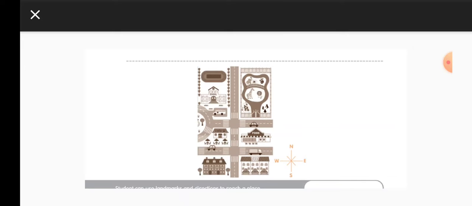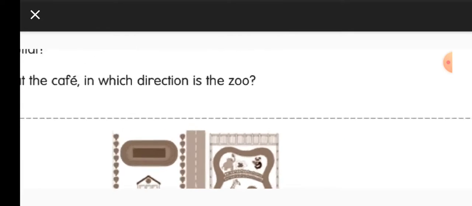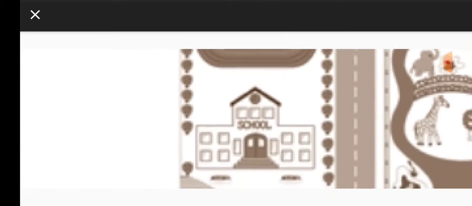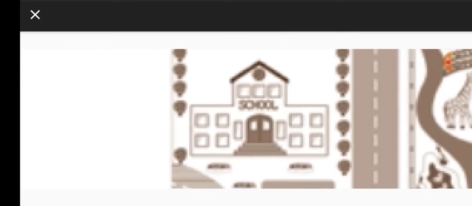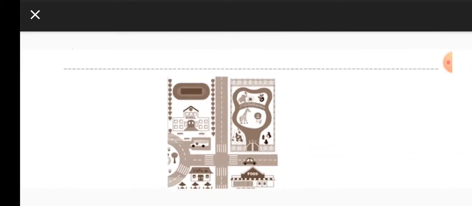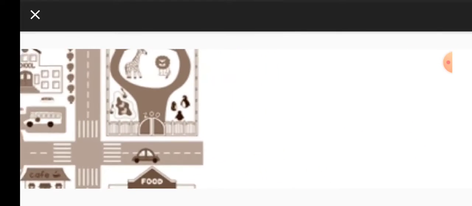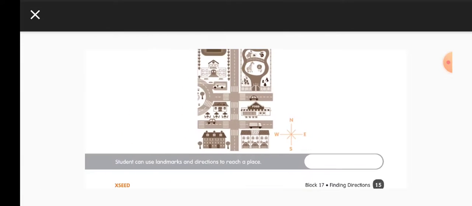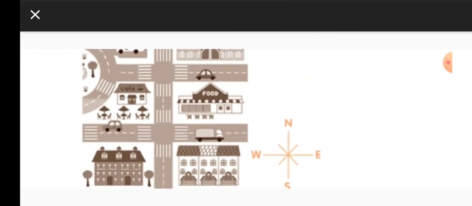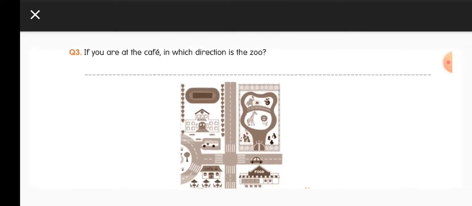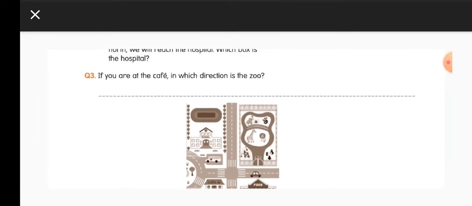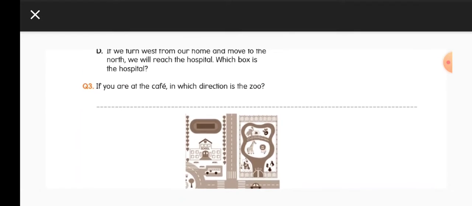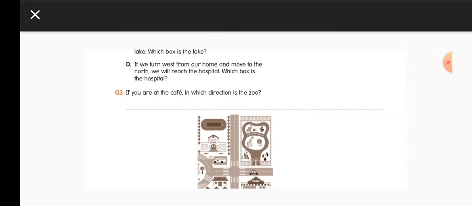You can make it very easy by writing the north direction here. Here on the tip, you write north. Here next to the school on the left, in this open space you write west. Here you write east. At the bottom you write south. Okay, so that direction which is between north and east will be the northeast direction. So the zoo lies in the northeast direction, right?